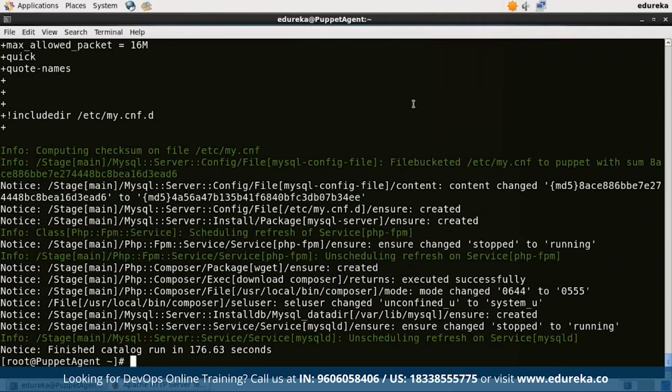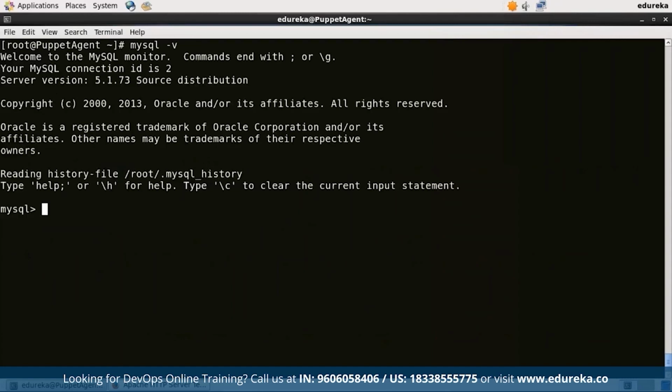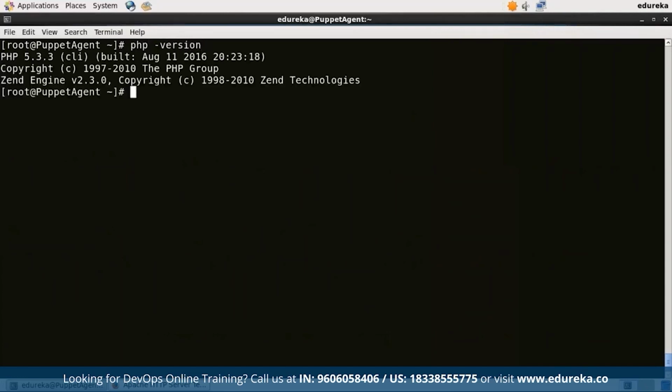So we have successfully deployed PHP and MySQL using Puppet. Let me clear my terminal, and I'll confirm it by typing mysql -v. This will display the version. Now I'll exit from here, and now I'll show you the PHP version. For that I'll type php --version, and here we go. So this means that we have successfully installed PHP and